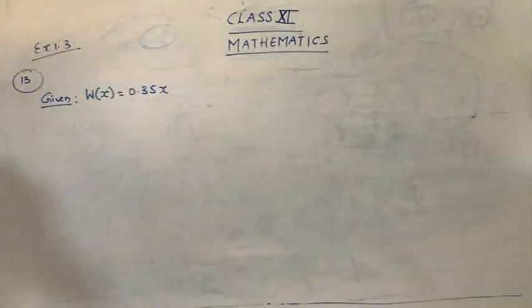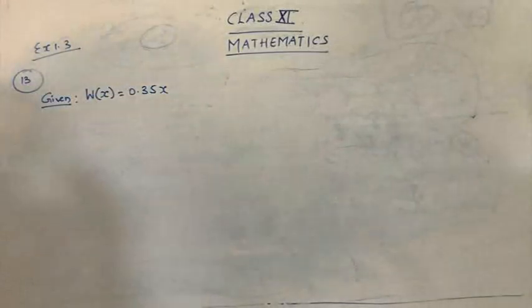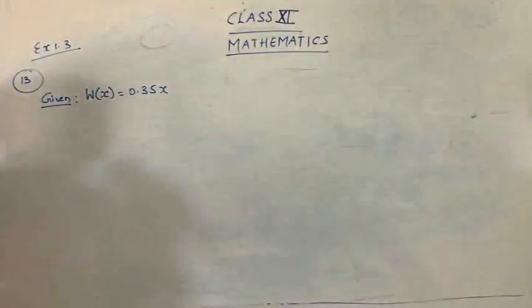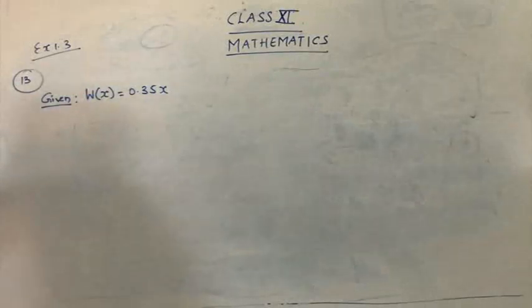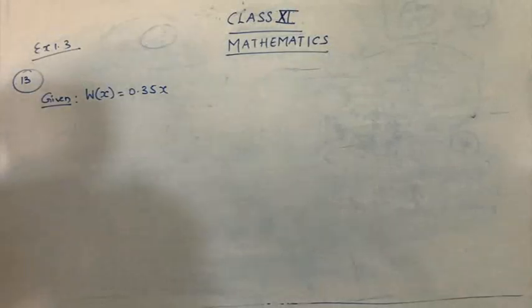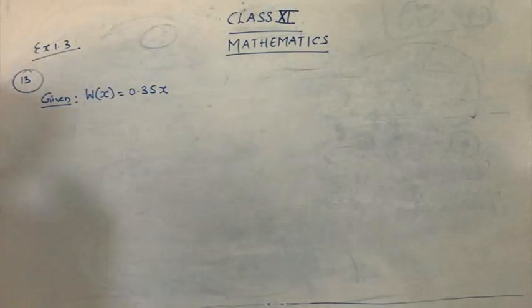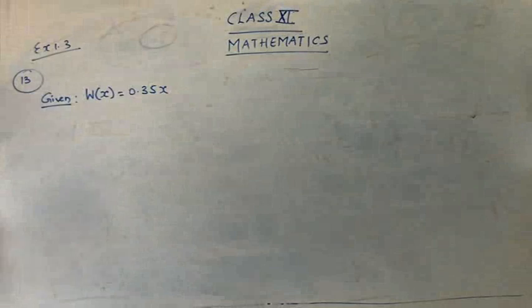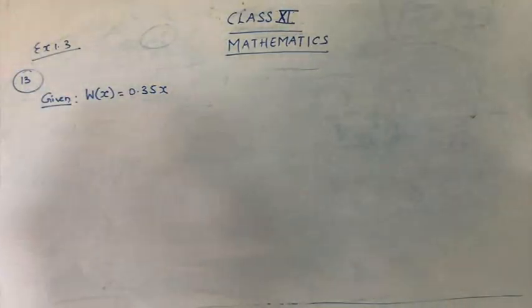Now they are asking you to find the domain. That is, we are going to find the values for x. Let's try, because we don't know any other details. The only thing is, he is saying the muscle weight. The weight of the muscle of a man is a function of his body weight. So there is a relation between the muscle weight and the body weight. So we are going to put our own values. We will choose a random value and find out what the value of x will be.